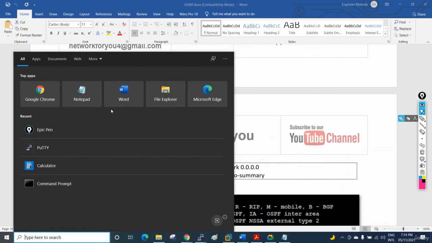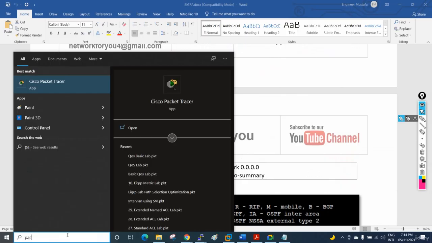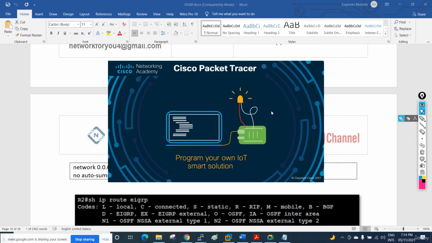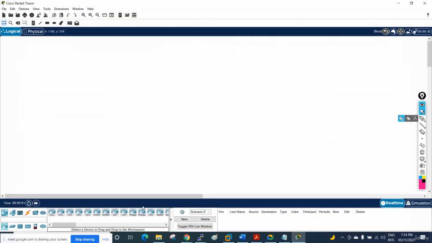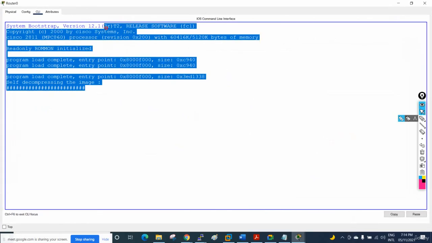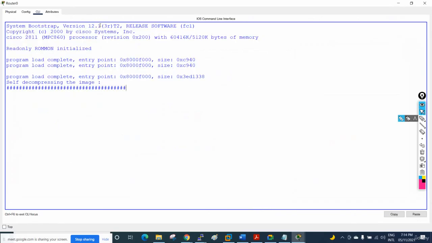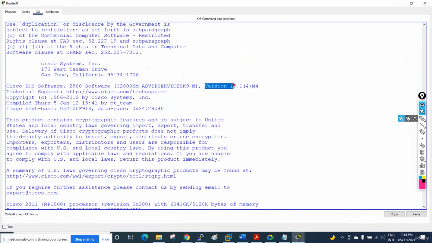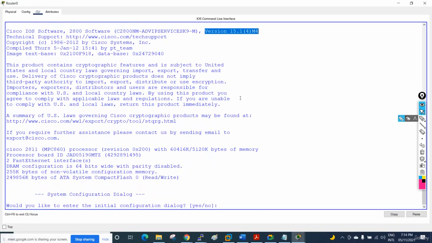So let's see in Packet Tracer if we have an older version, or if we take an old version router, like 12 dot something, but I don't know, maybe this is also updated here. What is the version? Here you can check the version. This is 12.1. Maybe here it will have the issue if we use this one. No, here also they upgraded, the version is 15.1. Okay, anyhow, no problem. What I want to say is, if you have an old router, you need to write